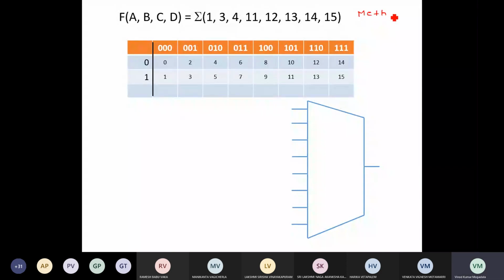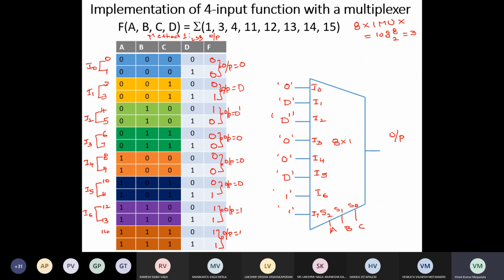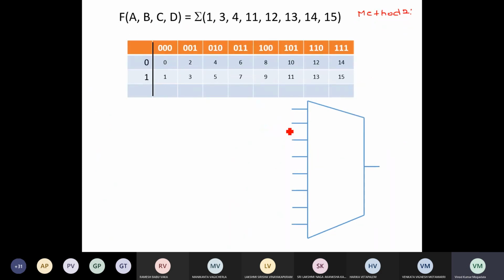This is method 2. This is the more appropriate method, but the first one is easy because in the truth table you have to list the minterms and then relate the output with the variable. But that is applicable straight away only if you are relating the output with the LSB, whereas with this one, you can relate any variable. For example, we'll see the same one, first with ABC.